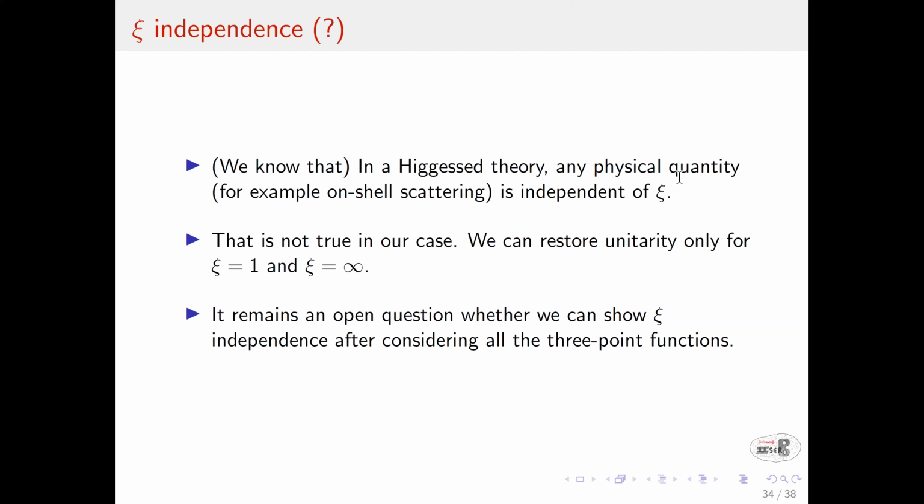Take WW photon. The WW photon 3-point function is not just the Coulomb interaction. It's the Coulomb interaction with the magnetic moment, where the value of the anomalous magnetic moment is 2. And for that theory from the Higgs mechanism, we could show that it is Xi independent. If you just take this and throw away those things and do something else, you cannot show Xi independence. We are coming from an on-shell way, and we are only choosing a particular 3-point function. Who said there is a Higgs-mechanism-like thing for that particular 3-point function?